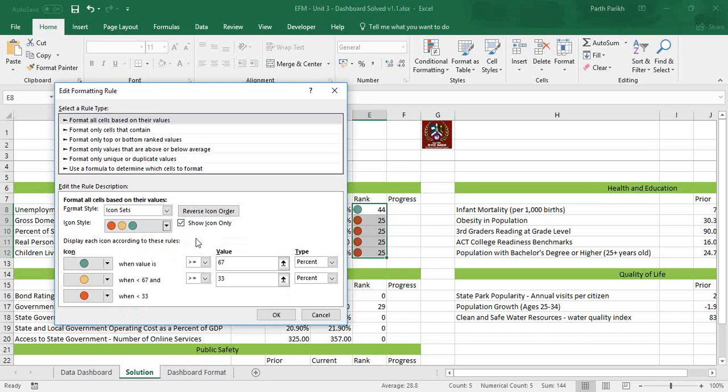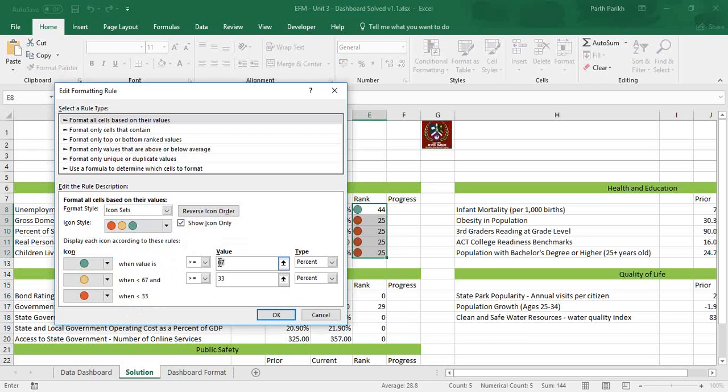Now Excel by default does two things. Everything it does by default is to the base of 100. So it says less than 33, 33 means 33%. So anything less than 33 is red, between 33 and 67 is orange, and above 67 is green. You can change this number.